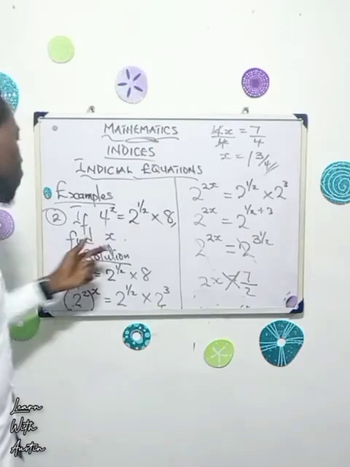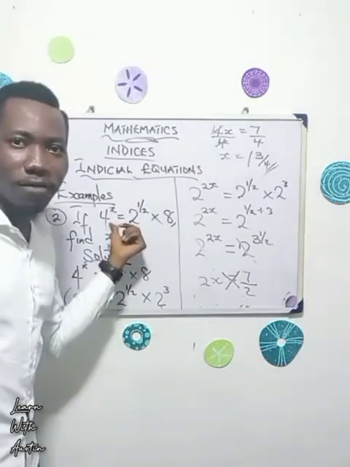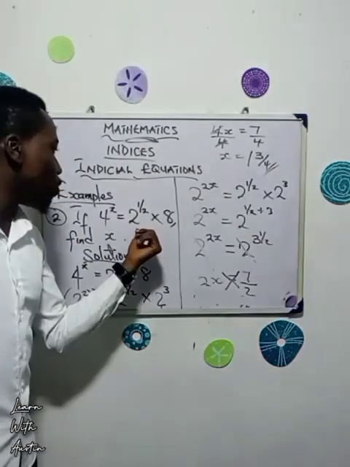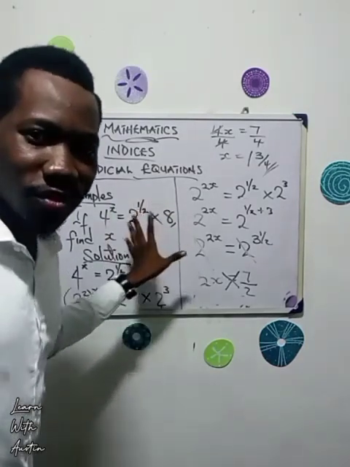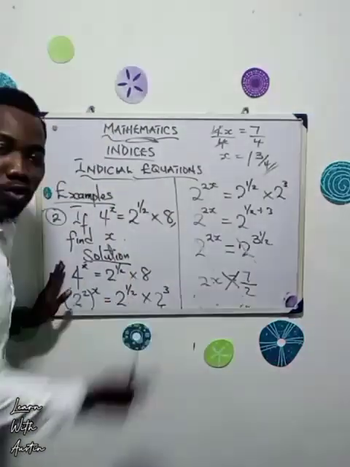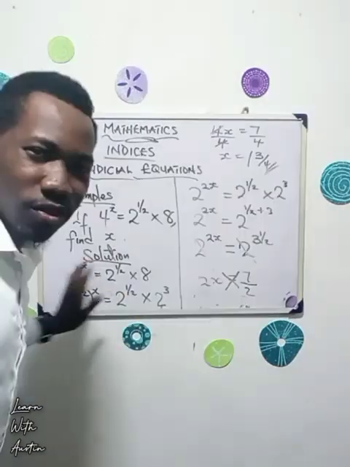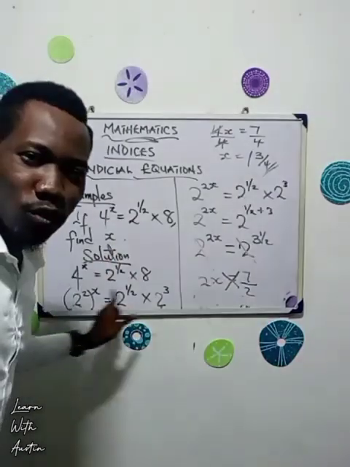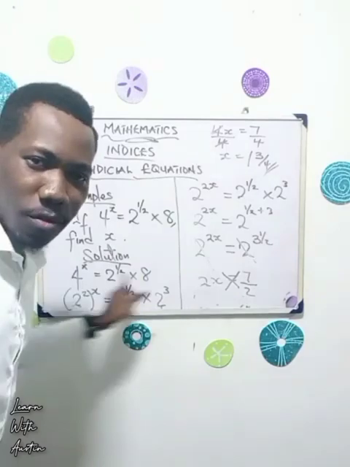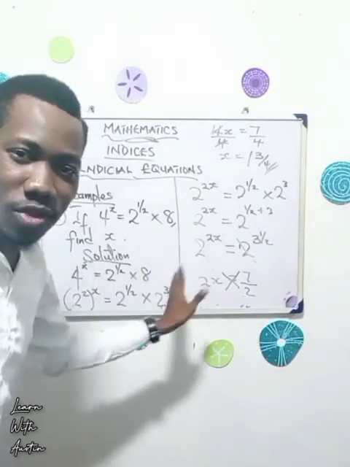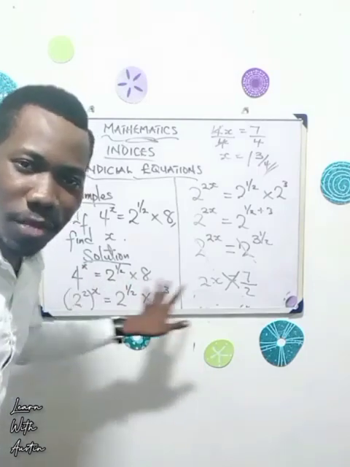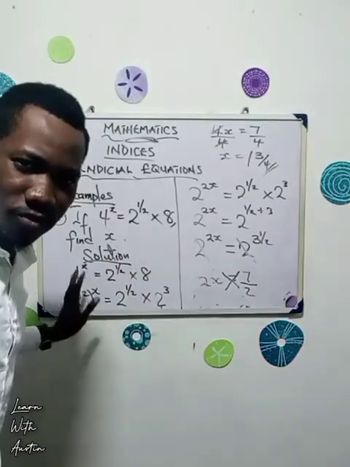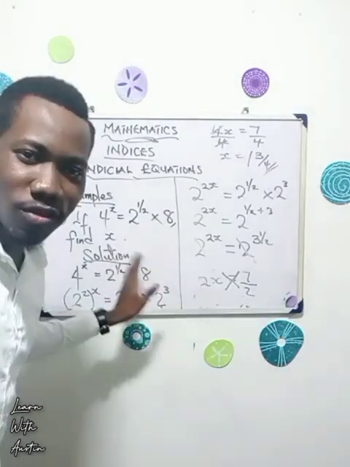So now the question says 4 raised to the power of x is equal to 2 raised to the power of 1 over 2 times 8. Alright? So for us to solve this, just like we did in the first example, you want to express these numbers in a way that the bases will be the same thing. Looking at the numbers alone, you know that 2 raised to the power something will give us 4, 2 raised to the power something will give us